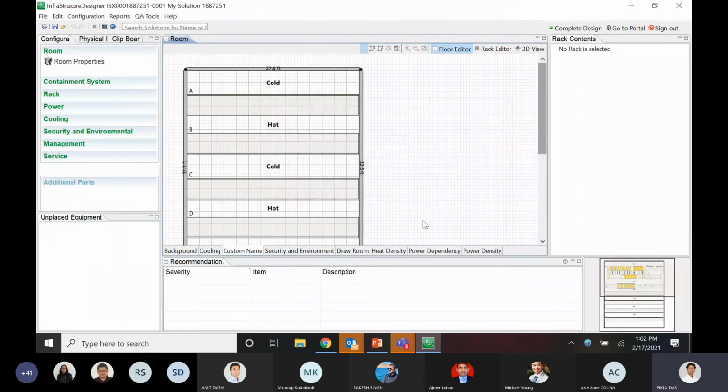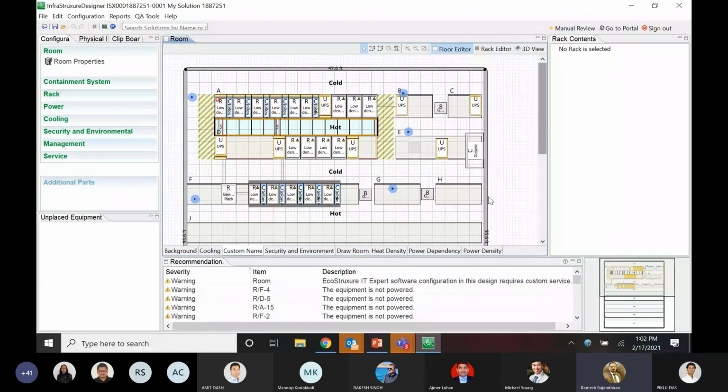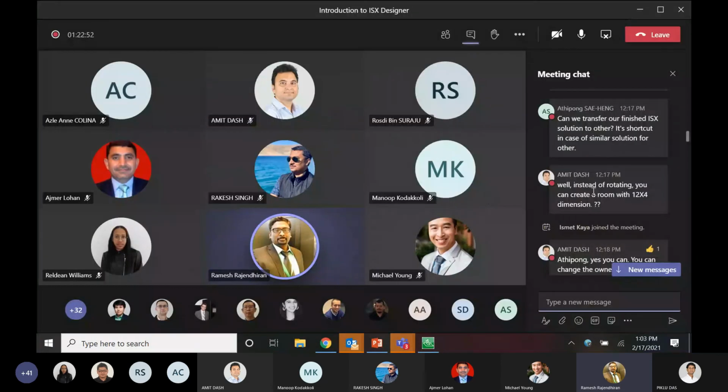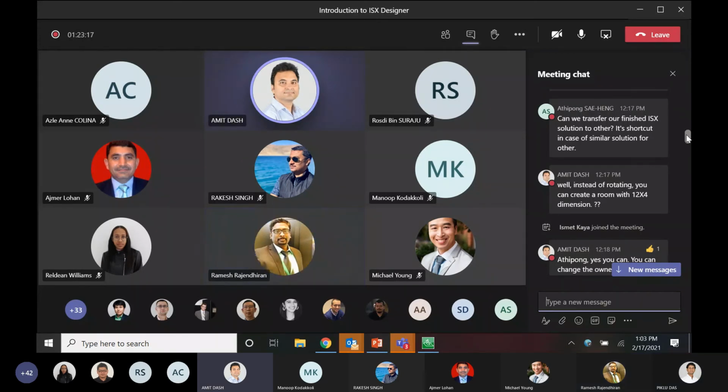Piklu, Ramesh here. The question is about transferring the approved solution. So instead of transferring, is it possible to add a collaborator in the design portal? I think we have an option over there, no? So if we add a person as a collaborator, he also can edit the design, correct? Once the solution is approved, you literally cannot make any changes. The solution lies with the approver.